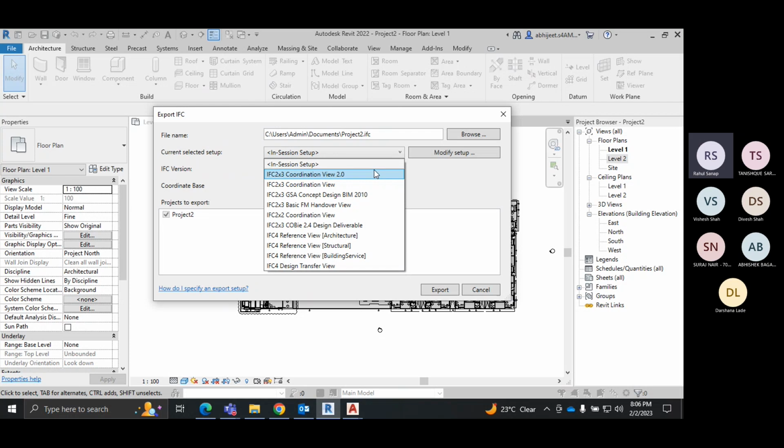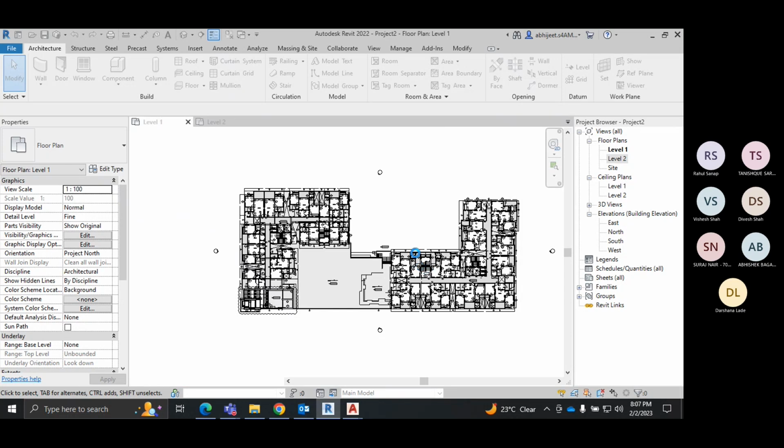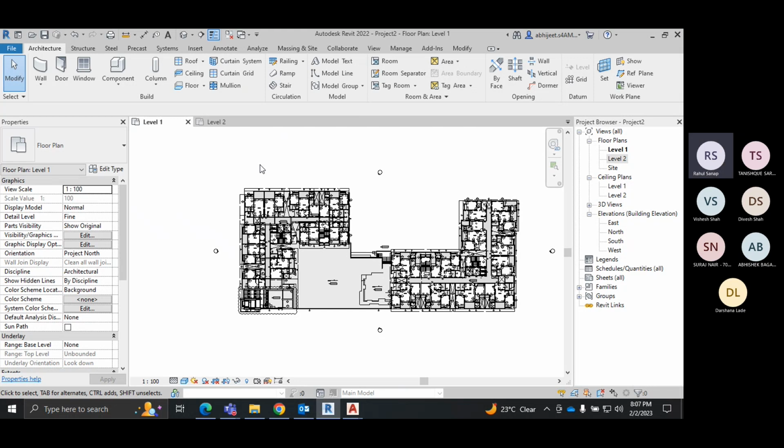और उसमें भी दो वर्जन हैं, एक 2.0 वाला आई थिंक लेटेस्ट रिलीज होगा, आई होप, एंड जो मैं यूज कर रहा था ये वाला कोऑर्डिनेशन व्यू है। तो यहाँ पे भी आपको कोबी का अगर इन्फॉर्मेशन है तो कोबी का भी आप डिजाइन डिलीवरेबल के साथ उसको एक्सपोर्ट कर सकते हो। डिजाइन ट्रांसफर का भी ऑप्शन है। तो ऐसे आपको सारे ऑप्शंस मिलेंगे। सो जिस ऑप्शन के साथ, जिस प्रॉपर्टी के साथ इसको चूज करना है, उसको आप सिंपली एक्सपोर्ट कर सकते हो डायरेक्टली इस वाले प्रोजेक्ट से। सो मेरा प्रोजेक्ट 2 ओपन है ना, तो प्रोजेक्ट 2 एक्सपोर्ट, सो ये वाला आपको सीधा एक्सपोर्ट होगा। एंड ये वाला IFC फाइल फॉर्मेट कोई भी लोग इसको यूज कर सकते हैं कोई भी सॉफ्टवेयर में। ओके, सो शायद डेस्कटॉप के ऊपर हम लोगों ने इसको एक्सपोर्ट किया है।